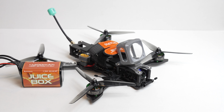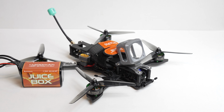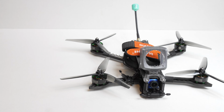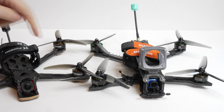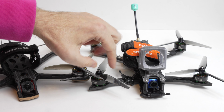Okay, so what's next for my long-range 5-inch quadcopter? Yeah, I might improve the motors with these. These are the RC InPower GTS version 4s. Those are 2000 kV or a little over 2040 kV. Right, whereas these ones are definitely 4S motors,